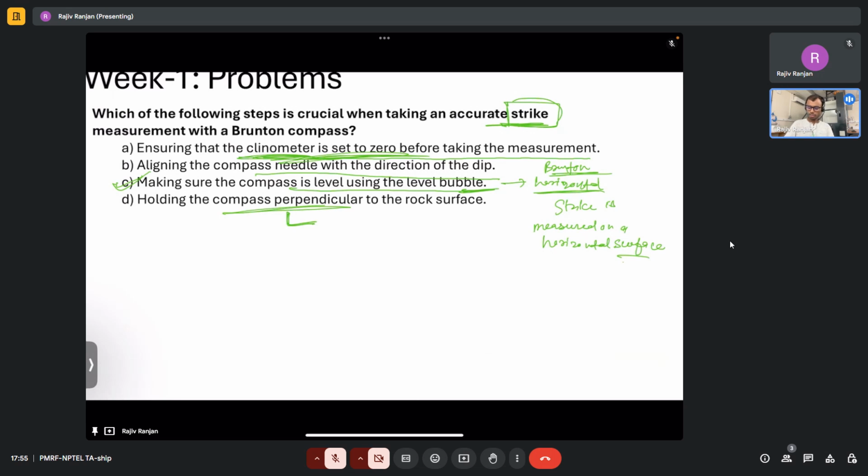So to make sure our Brunton compass is horizontal,